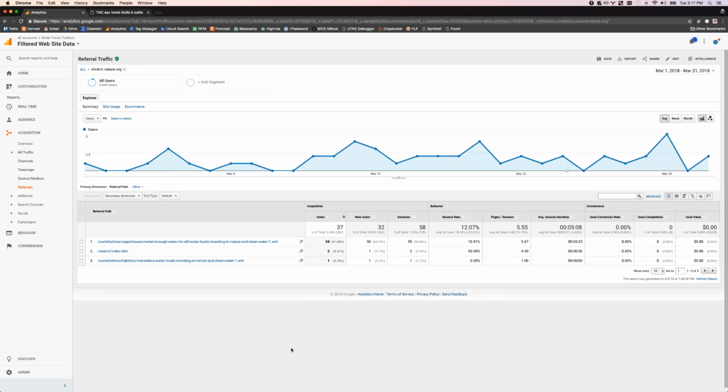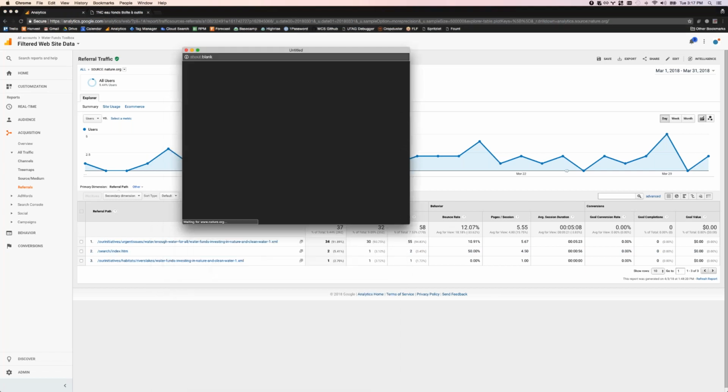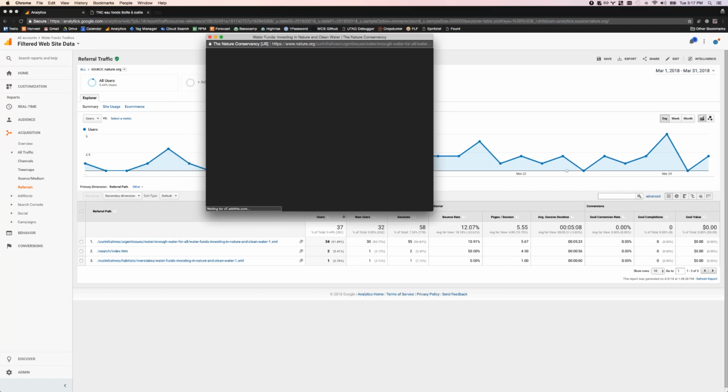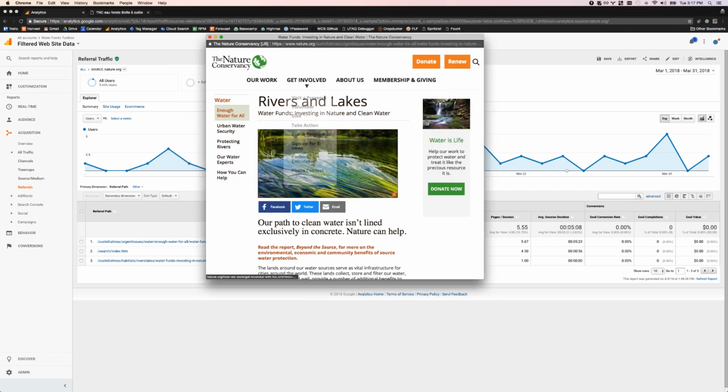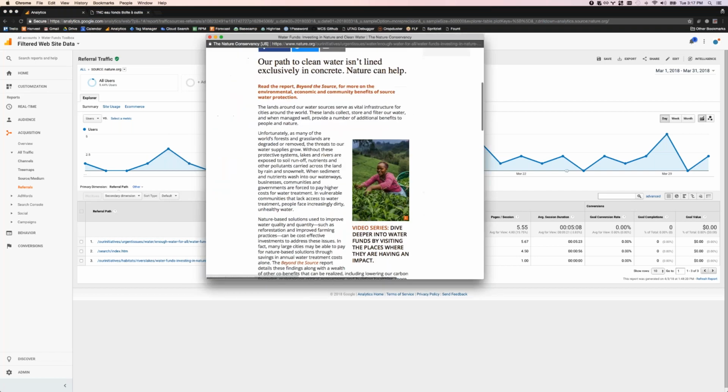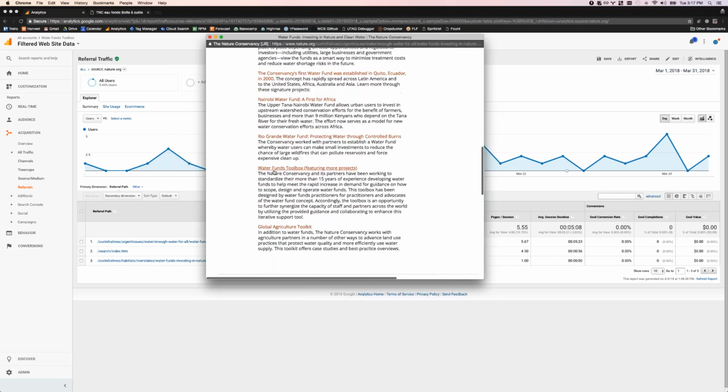And then it looks like there are 3 different pages that are driving the traffic. So sometimes it's coming from search, if people are searching for a specific resource and the Waterfunds link comes up. The other one is from our initiatives page. And if you click this little arrow, it's going to show you exactly what page that relates to. So it's this Rivers and Lakes page, and then down here at the bottom, there's the link to the